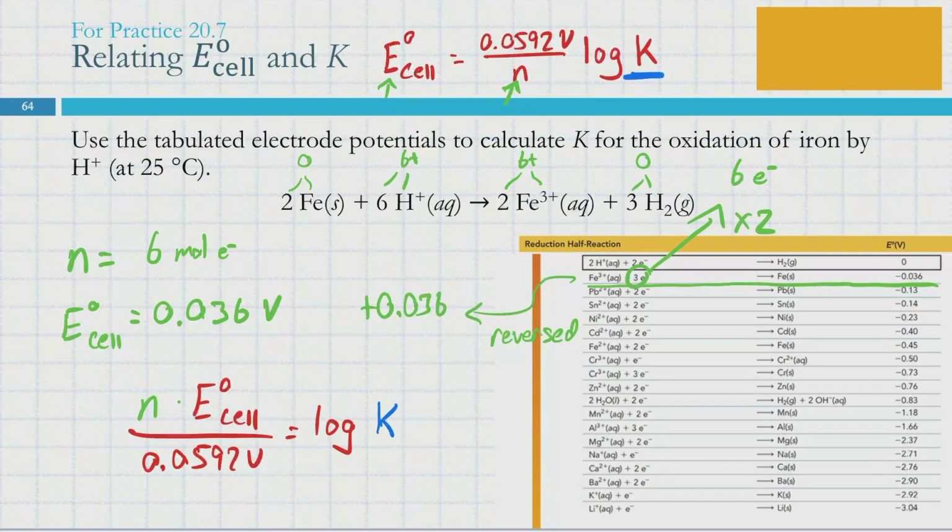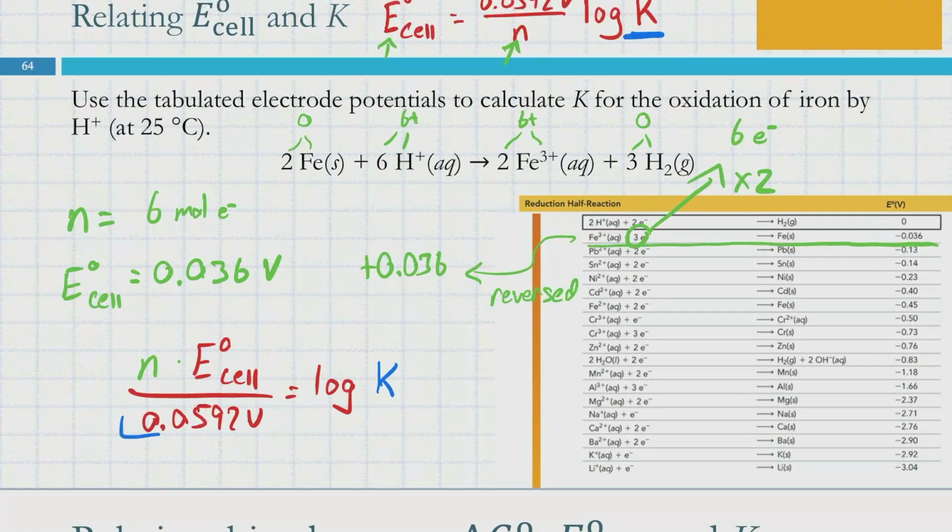I would recommend doing this as a step. So find out what this whole left side is. So 6 times 0.036 divided by 0.0592. That's 3.648 dot dot dot